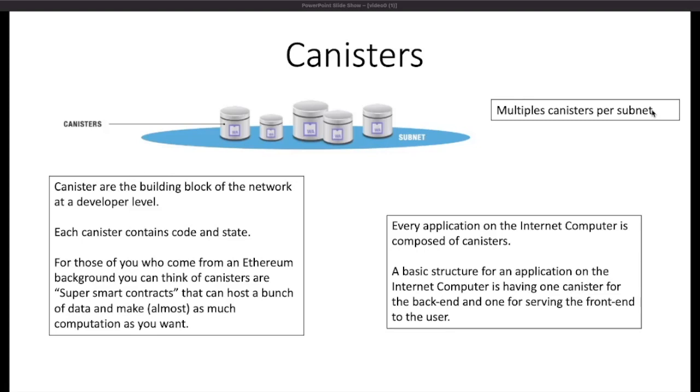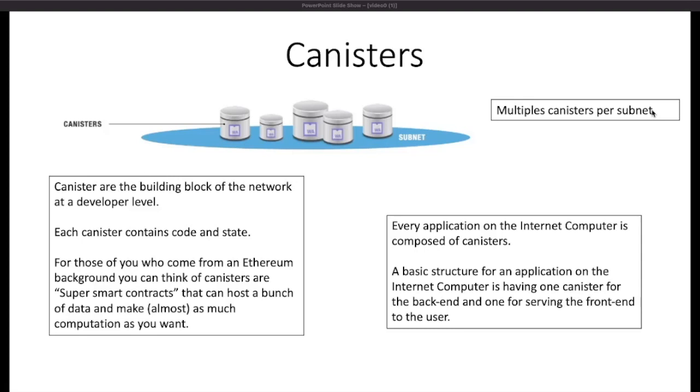And each canister is going to contain some code and some state. So basically an application or a service. For those of you who come from Ethereum, you can think of canisters as super smart contracts. They can host much more data than smart contracts, and they can do as much computation as you want,